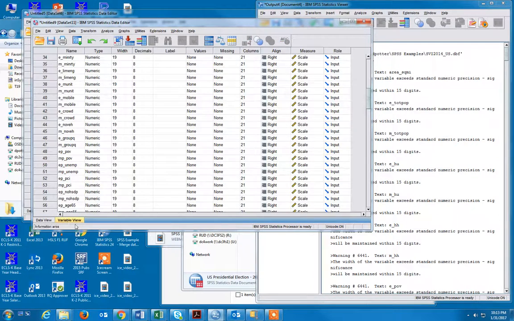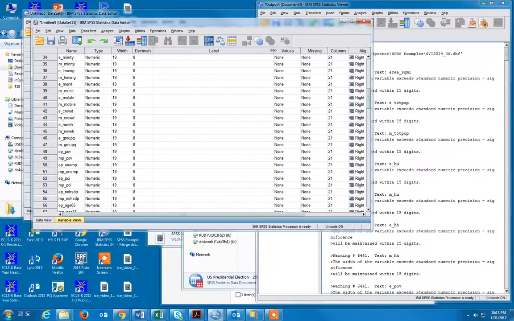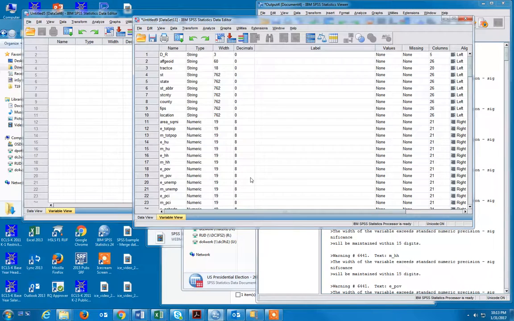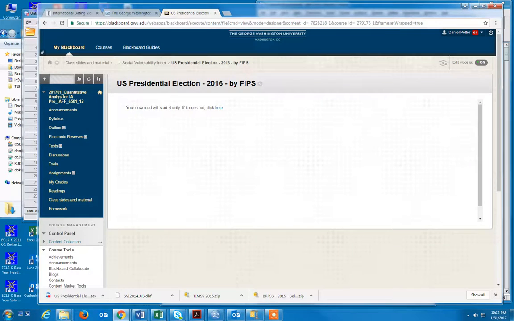And unfortunately, when we go to the variable view, we'll see that our label column is blank. That is to say that our poor data file does not have any labels in it. And so this is not good for us in order to better understand what it is we're looking for. And so because of that, in addition to these two data files on the Blackboard website, you'll also notice that